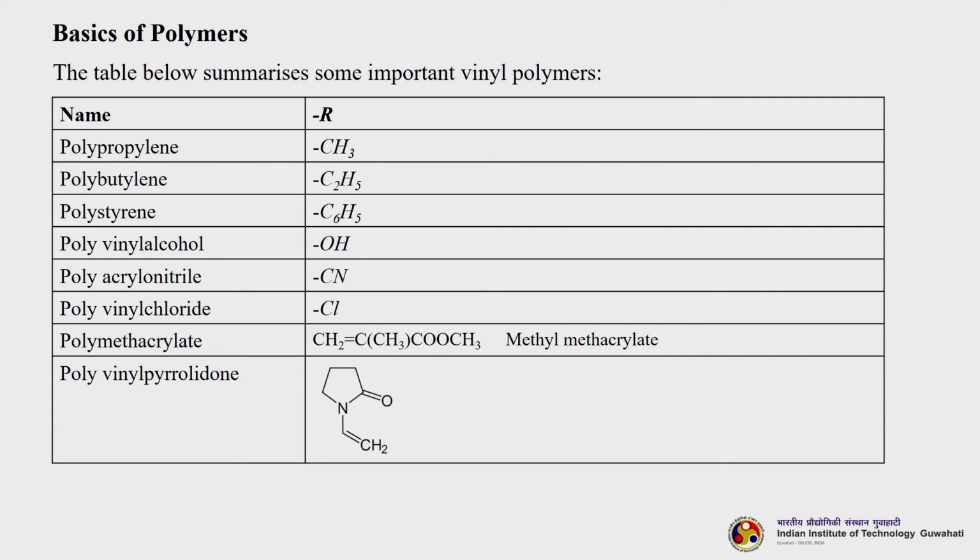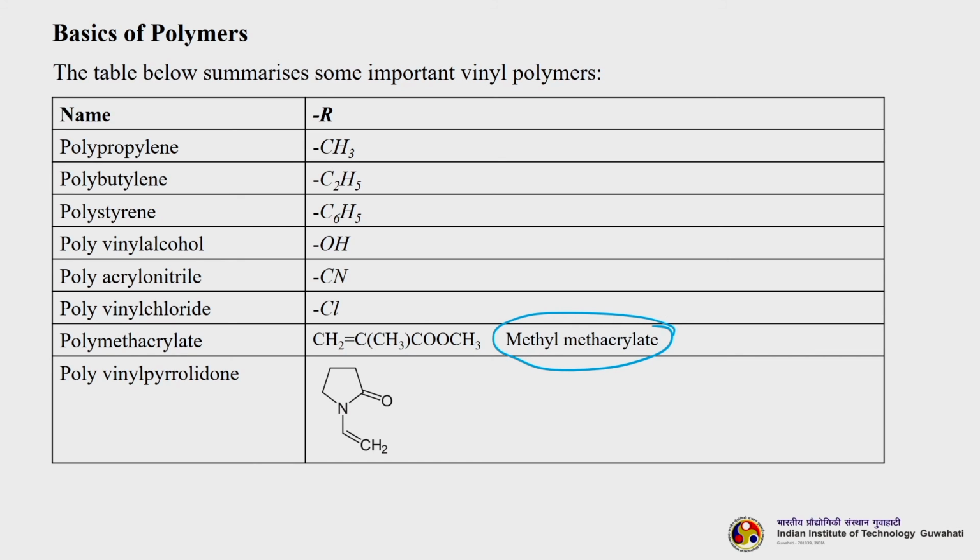Let us look at this table. This is telling us about different vinyl polymers. So, for polypropylene, the R group is CH3, for polybutylene the R group is C2H5, for polystyrene it is C6H5, similarly for polyvinyl alcohol it is OH, for vinyl chloride it is Cl. For polymethyl acrylate it is CH2, C, CH3, which is methyl methacrylate, and for polyvinyl pyrrolidone this is